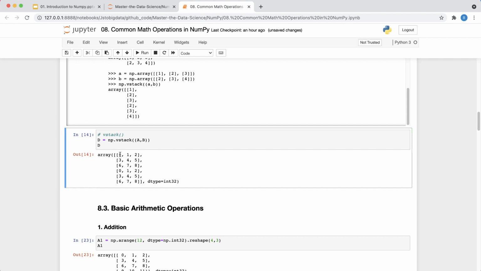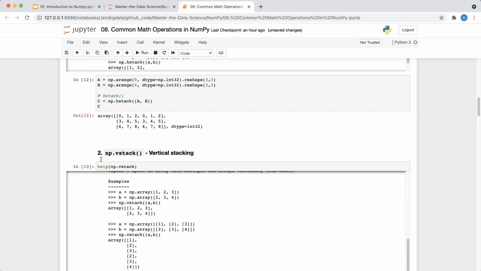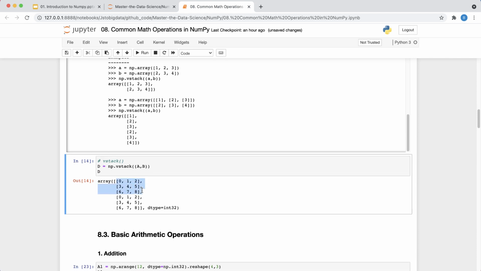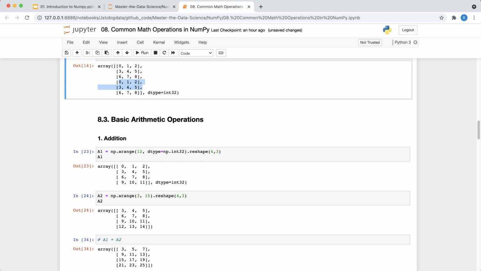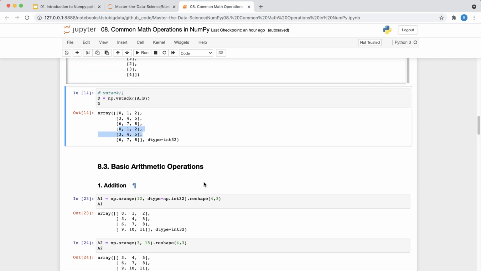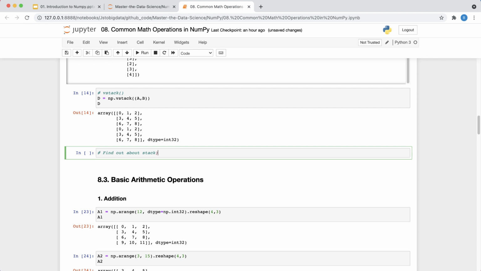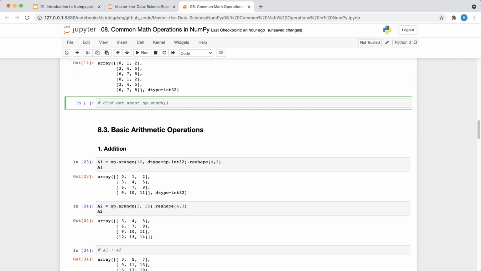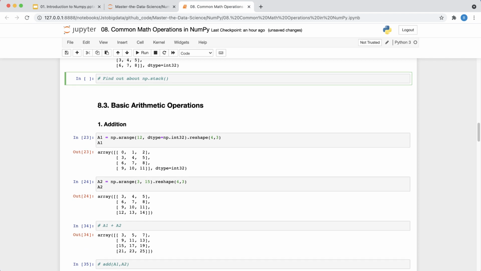Okay, so you can see that they are repeated 0 1 2 3 4 5 6 7 8, and then e2 is here, right? So a and b, so a is this and the rest is b. So this is simple. And there is also something called just stack. I would give that as a homework to you, so you are going to figure that out and how it works. Okay, just stack function, so np.stack. Okay, so that's pretty much about vstack and hstack. I hope that part is clear.